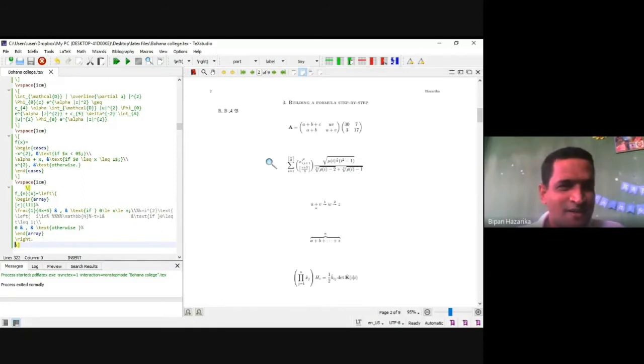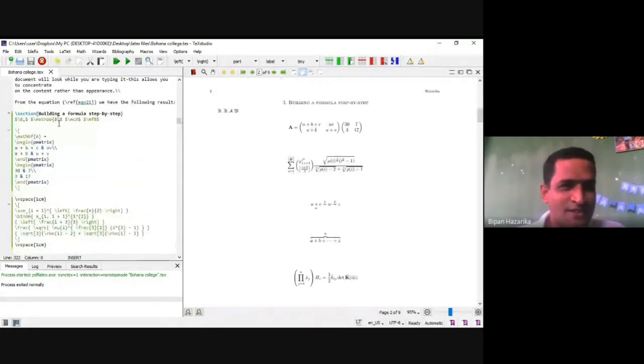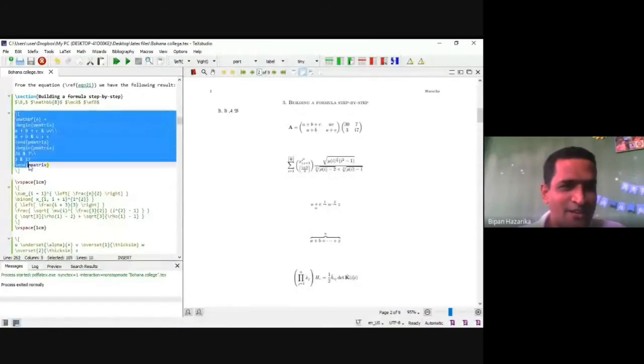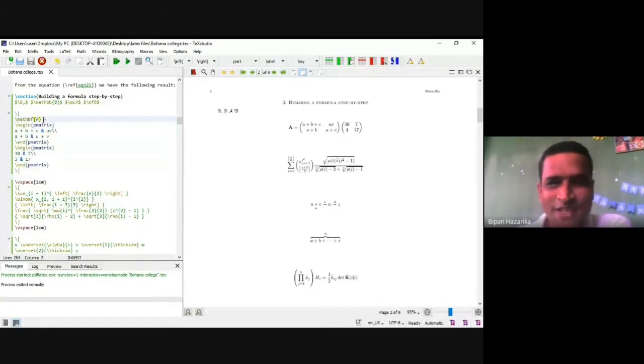The first one is this part, from here to here. I write math BFA, that means bold font A. Then we write a matrix. The matrix was already discussed, begin matrix and end matrix. But if you want a square bracket here, you put B in place of P, then you get a square bracket. So two matrices I have written here, then the product of the two matrices.